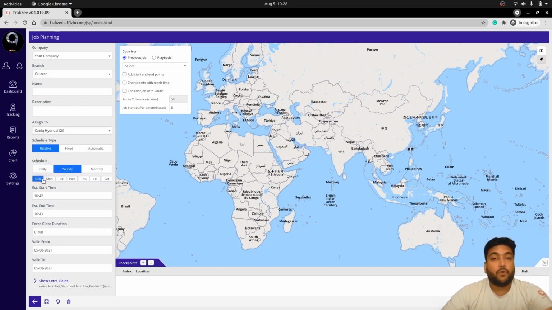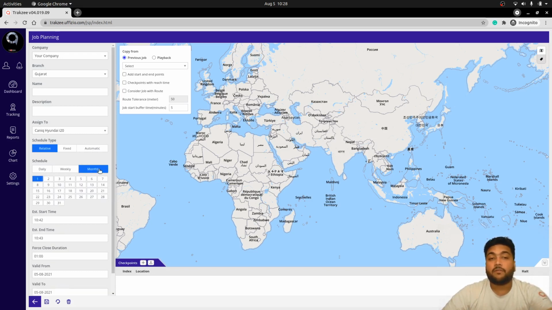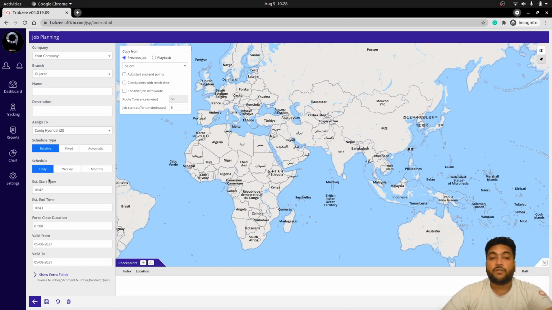In case you want to perform that particular task on a weekly basis on that specific date, then that can be possible. So likewise, you can set the weekly. Accordingly, if you want to perform this task once in a month or on a monthly basis, then you can select the date on which you want to perform the task. So likewise, based on the selection of the daily option, this particular task will be performed on a daily basis.